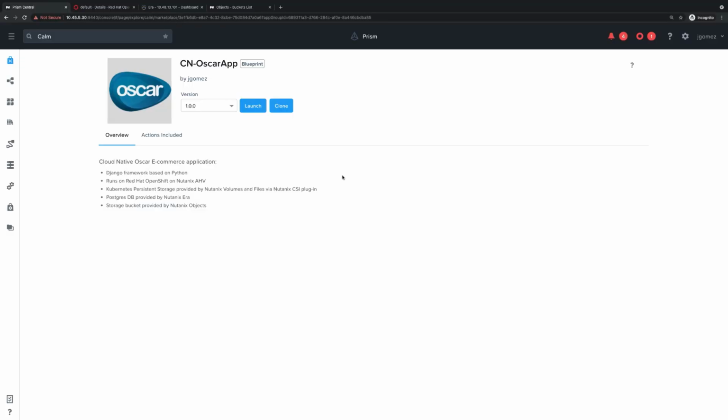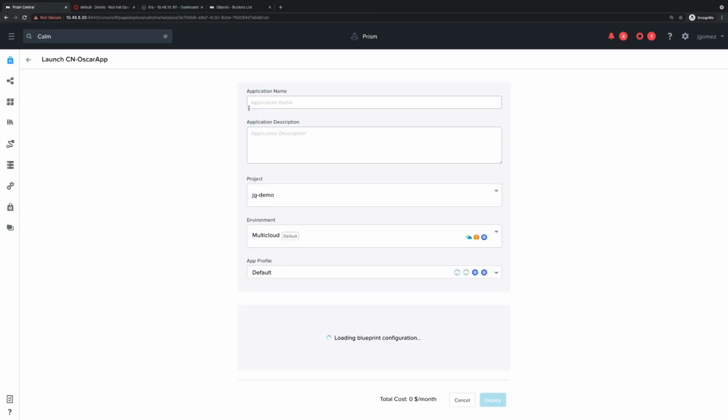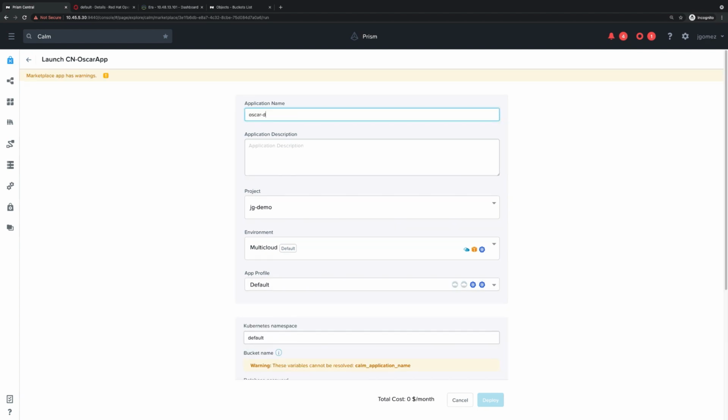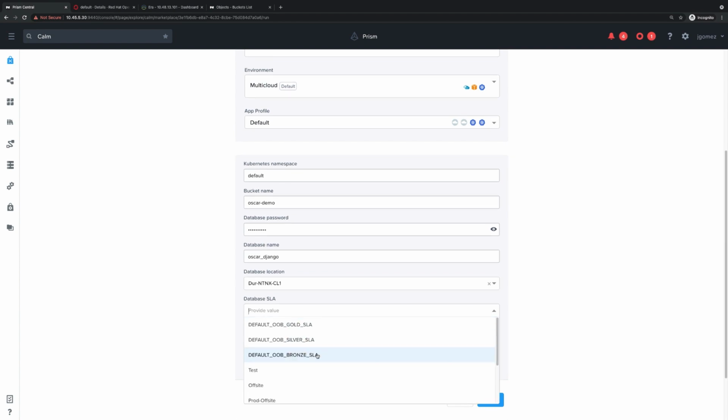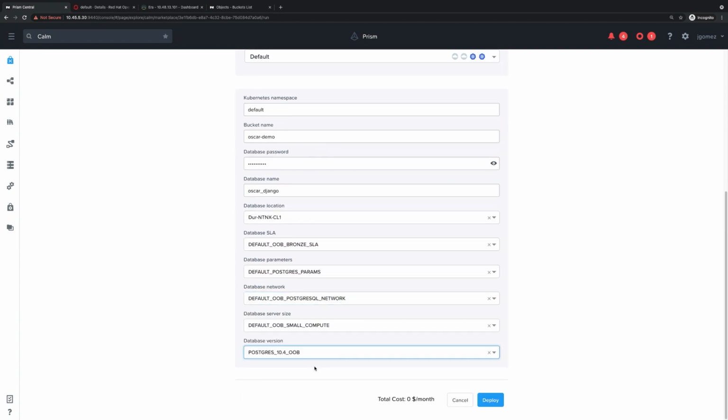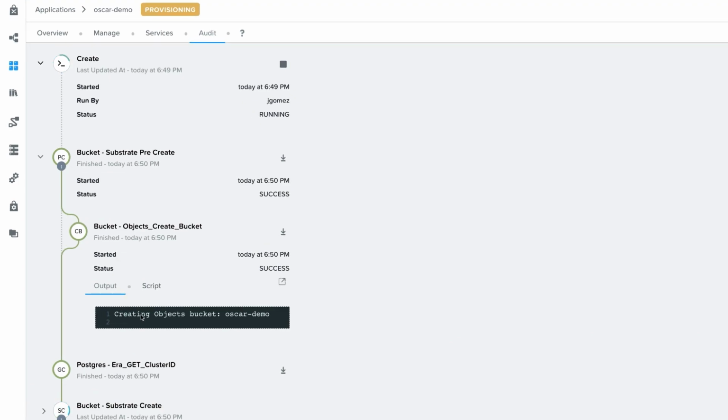You can create all these components individually from the Nutanix console, but to make it easier for IT users to consume it, you can have the application blueprint in the Nutanix Calm marketplace. Self-service and automation reduce the time to deliver IT services to the business, while mitigating the risk of human errors executing manual tasks. The blueprint automates the process of creating a storage bucket using Objects S3 compatible APIs, continues with